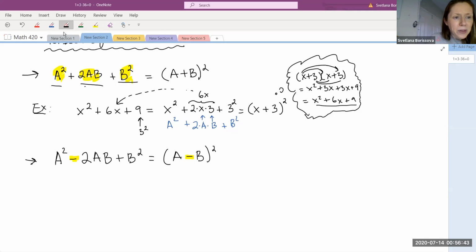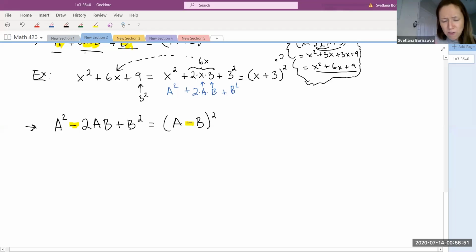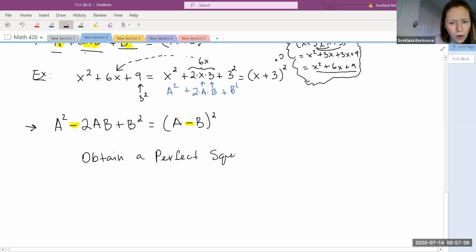Well, my next example will demonstrate the idea. We're not solving equations yet; in a few minutes we will start, but the idea will be the following. Let's write: obtain a perfect square